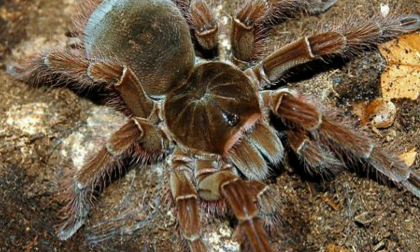Because of the size, they really should be kept by experienced keepers because of the size, how fast they are, how powerful they are, and they are not docile one little bit. These are not for beginners, these are for experienced keepers only, but if you've got a lot of experience, these are well worth keeping. They are a fast growing tarantula, but one of the most important things is they need high humidity, so misting daily is a must, and they need amazing ventilation as well,